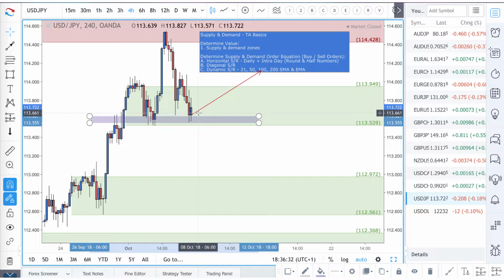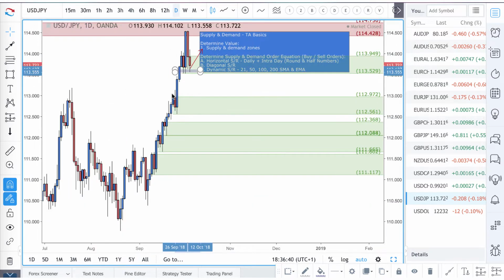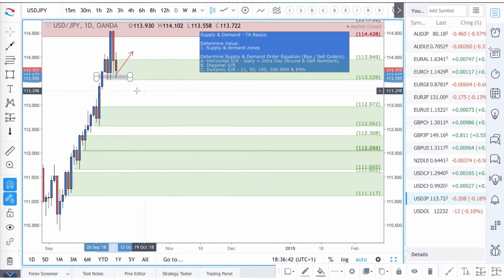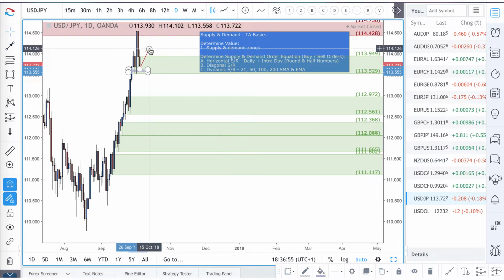I use the daily moving averages just for some dynamic support and resistance, right? If you're looking to sell and get short at the moment, even though we do have this area of supply coming in, overall from a larger range, we could see prices obviously move up, right? Fundamentally,